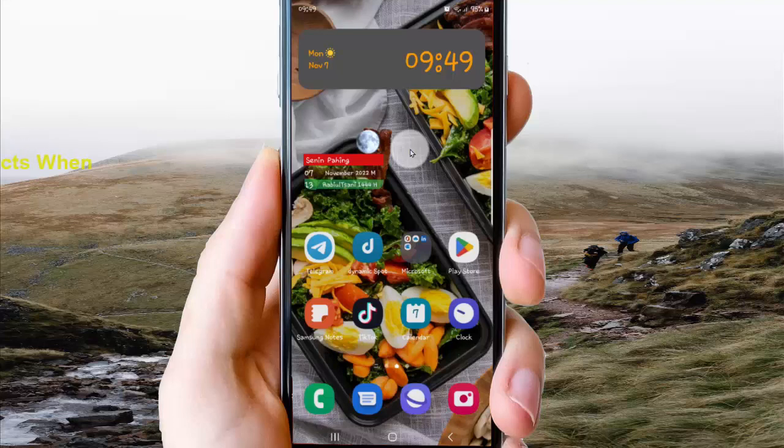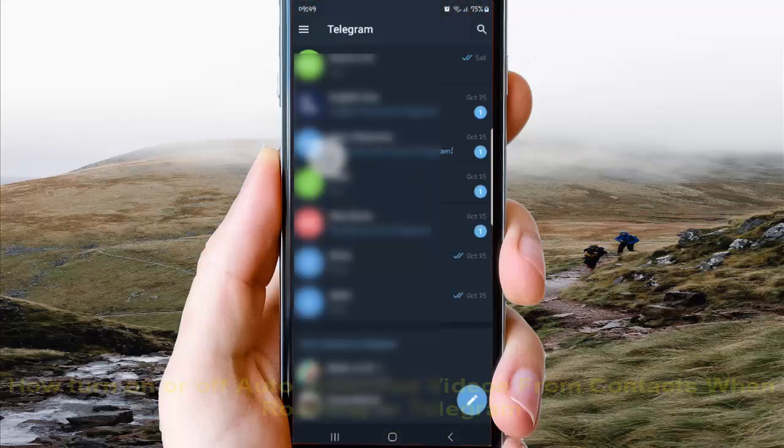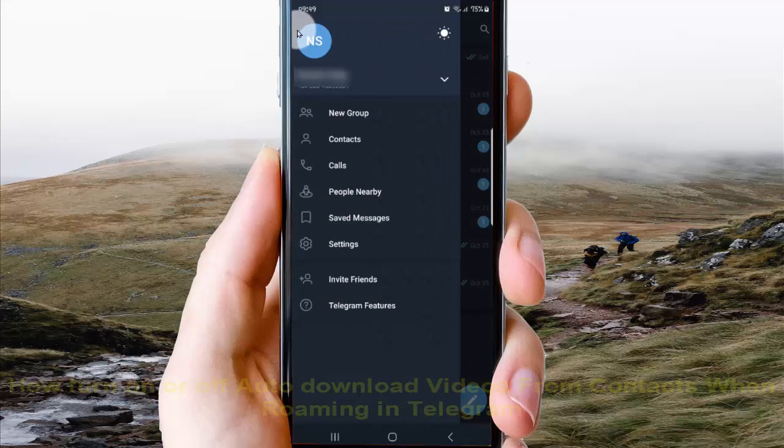To turn on or turn off auto download videos from contacts when roaming in Telegram on an Android phone. Open the Telegram app, tap Telegram to open, and then tap the more icon or three line icon. Select settings,